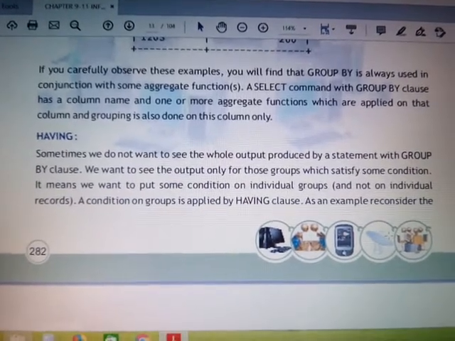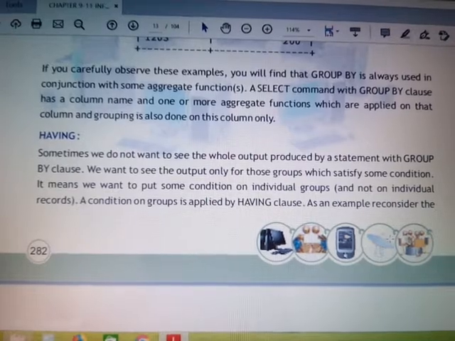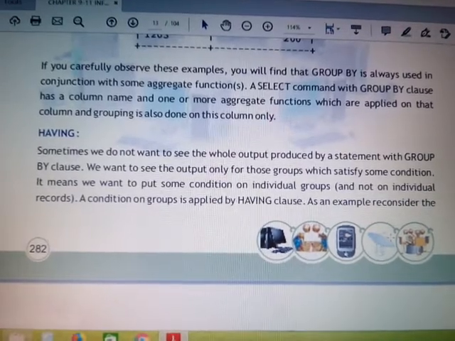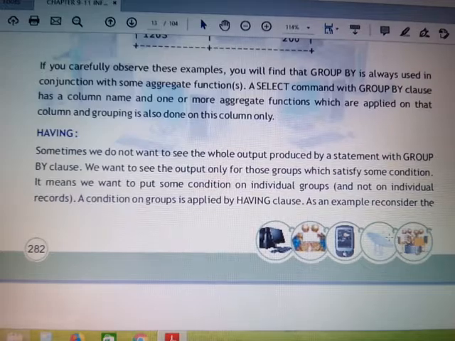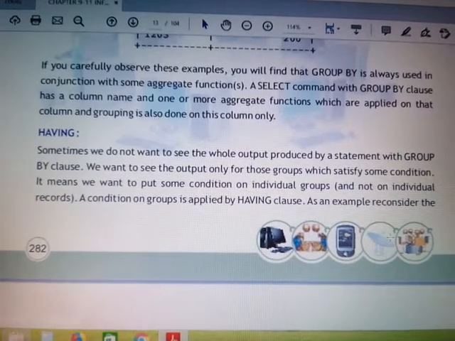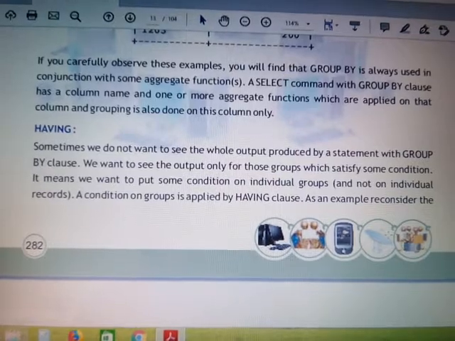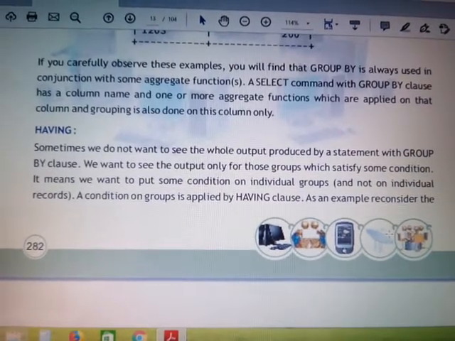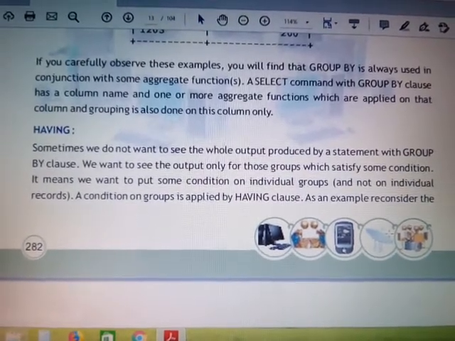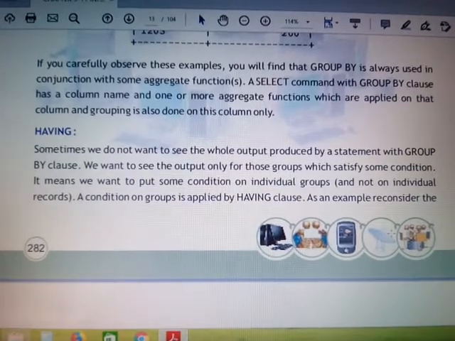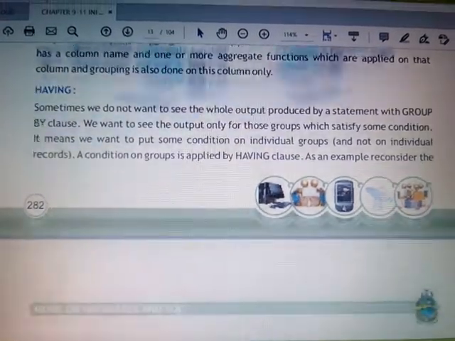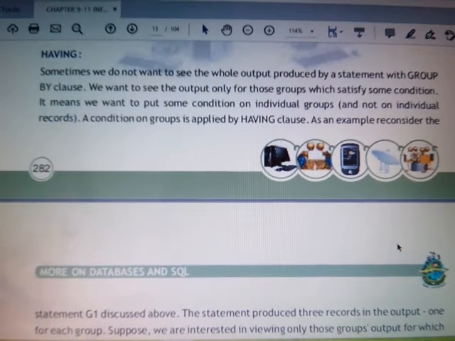So simply what I am doing is making use of aggregate functions. So whenever a condition is to be applied on groups, or we can say a condition is applied on any aggregate functions, then there we make use of having clause. Okay, conditions on groups are applied using having clause. Or we can say having clause simply